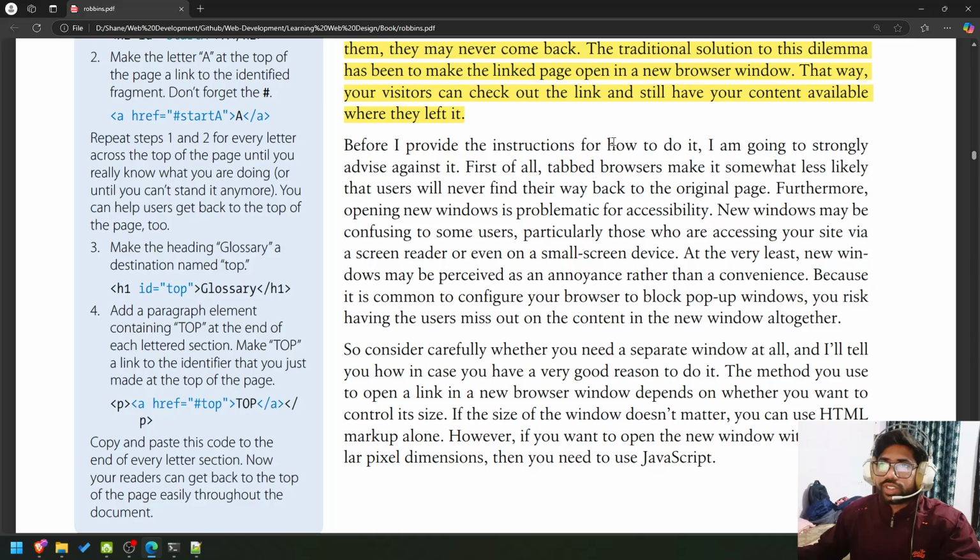Before I provide the instructions for how to do it, I'm going to strongly advise against it. First of all, tabbed browsers make it somewhat less likely that users will never find their way back to the original page. Furthermore, opening a new window is problematic for accessibility. New windows may be confusing to some users, particularly those who are accessing your site via screen reader or even on a small screen device. At the very least, new windows may be perceived as an annoyance rather than a convenience. Because it is common to configure your browser to block pop-up windows, you risk